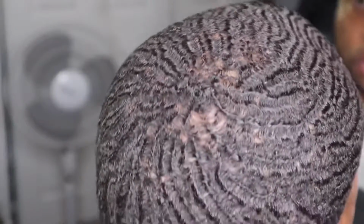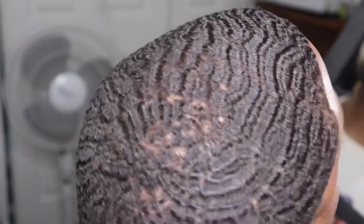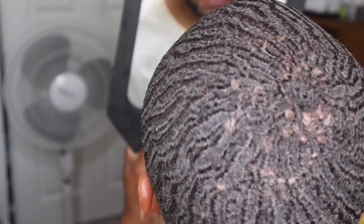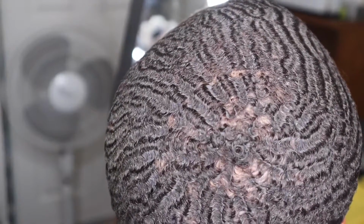You want to be able to look and dissect and see exactly how you want to brush. You have to maintain the way you brush. So you want to make sure you're using the mirror every time you brush. You want to try not to keep blind brushing. You want to make sure you have your mirror so you can see what's in back of your head